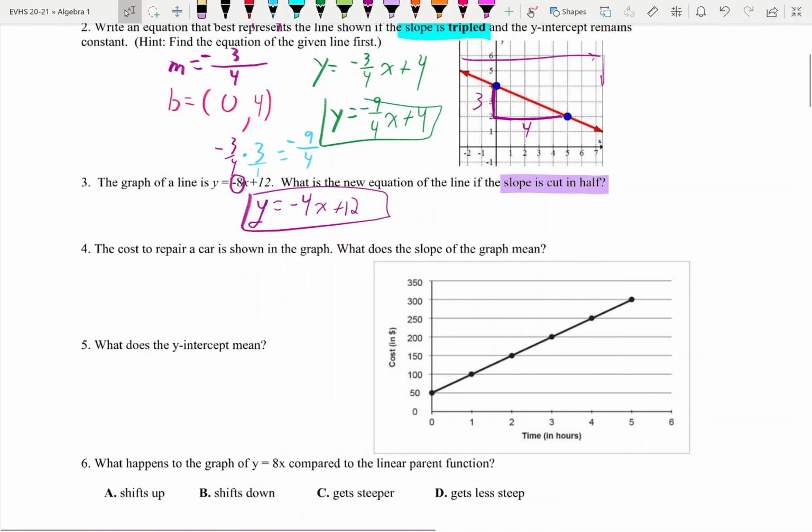Okay, moving on to number 4. This is one of our problems where we're having to interpret the slope and the y-intercept. So the cost to repair a car is shown on the graph. What does the slope of the line mean? Well, this is cost of